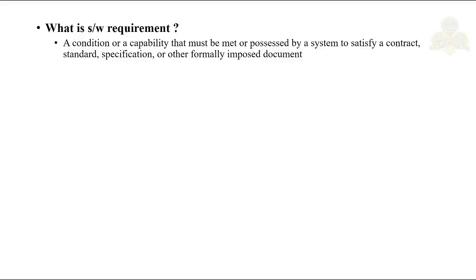So they will give us the functionalities. They will say, okay, this is my functionality and you have to develop like this. The functionality should have this input and it should produce this output. Now whatever the client says to us is a requirement. It's a software requirement. It's a condition or a capability that must be met or possessed by the system that a developer is building. Okay, getting it? Now, these requirements will be written down properly and it will be in a document. Next, we will see what is a software requirement specification, that is SRS.